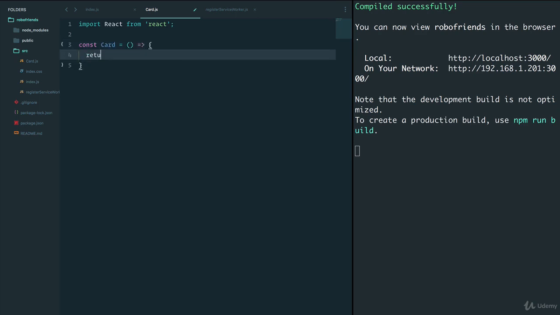And this will return, have some brackets, and within here, we'll say that it has a div. Within this div, we'll have an image, and this image will have some sort of a source that we don't know what it is yet, so we'll just keep it the way it is. Closing tag, and we'll have another div